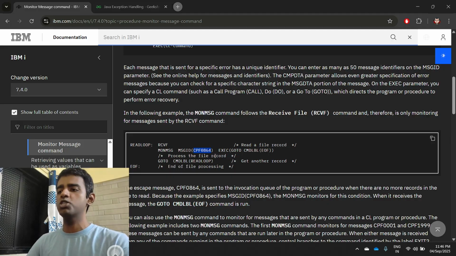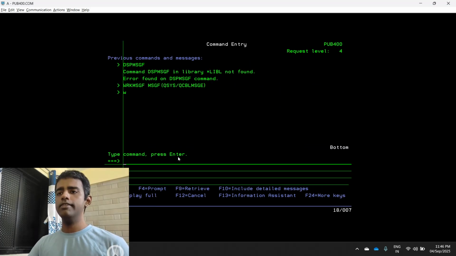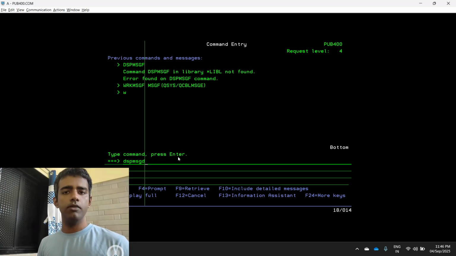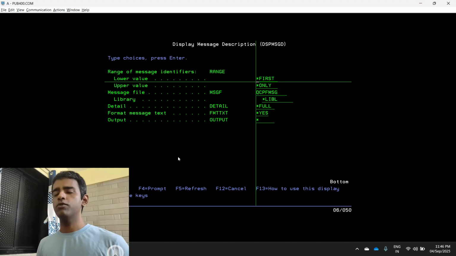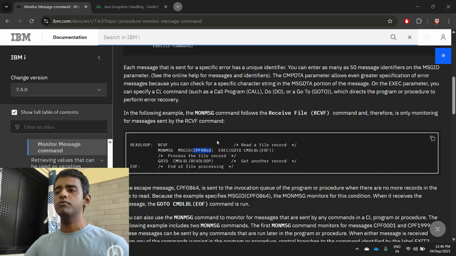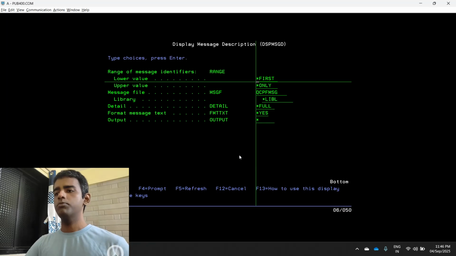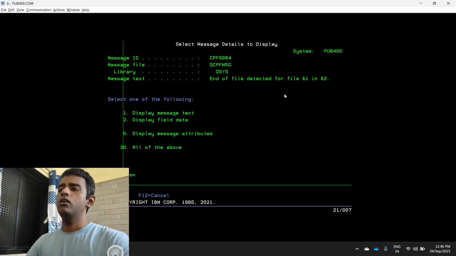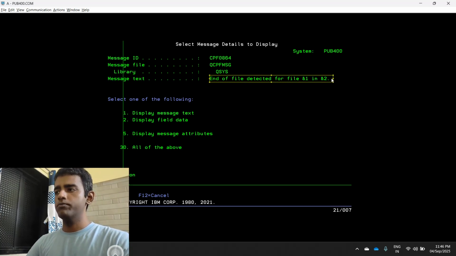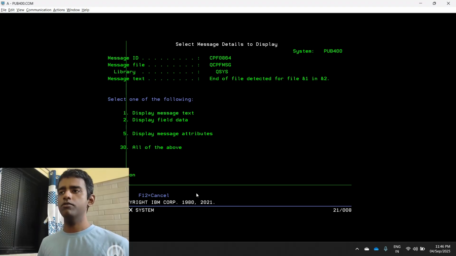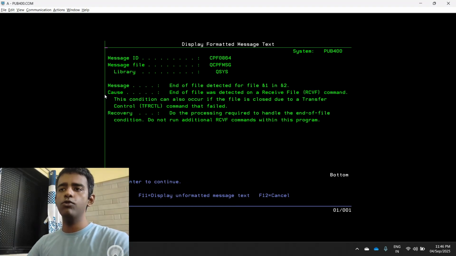Let's try to understand the example. If you go to IBM i, there is a command called DSPMSGD. The full form is Display Message Description. If you press F4, in the first lower value you can copy paste CPF0864 and press enter. You'll be able to see the full form. You can also input one over here. It will tell you the details of this exception. So what is this exception? CPF0864, it says